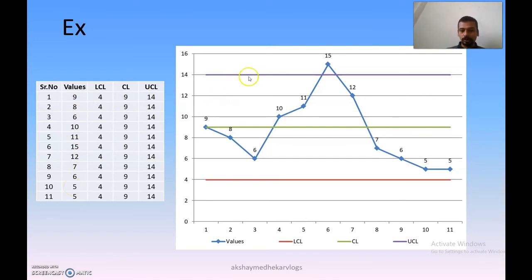So now just see, we have the graph here. So we can see the upper control limit, center line, and lower control limit. So we have 9 plus minus 5, so it's 4 and 14. So we can see the number 15 is not falling within the specification. So what is the number 6 part? The number 6 part is not as per the specification, so we can directly reject it. So this is how we can show the graph in the control chart.